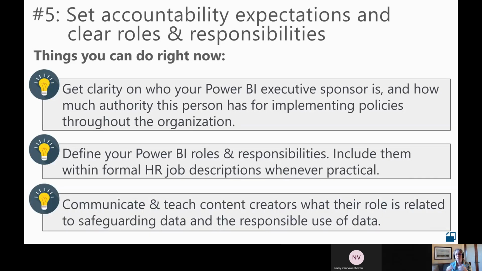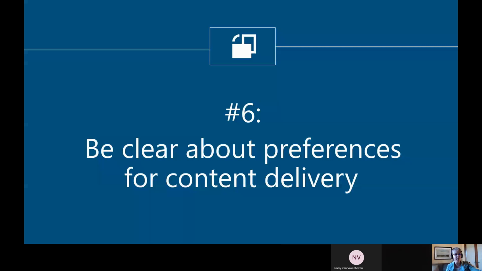And then that whole idea of communicating with and teaching your content authors and creators, the people in that level 1 foundation, how important their role really is for safeguarding data and the responsible use of data. We've just totally changed the thinking here of us saying, no, you can't do that, to them really being part of why things are done the way they're done, and that kind of thing. Makes it more collaborative, if that makes sense.